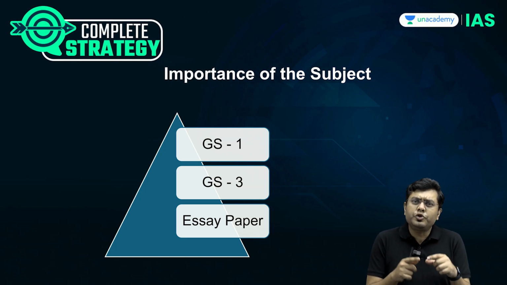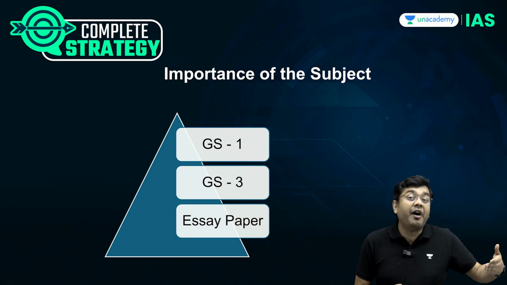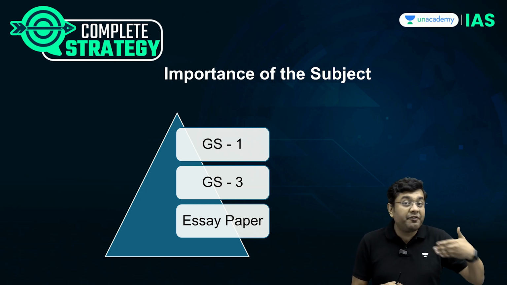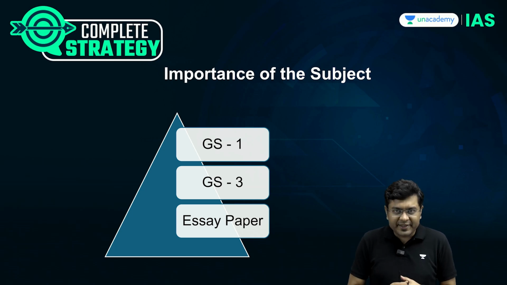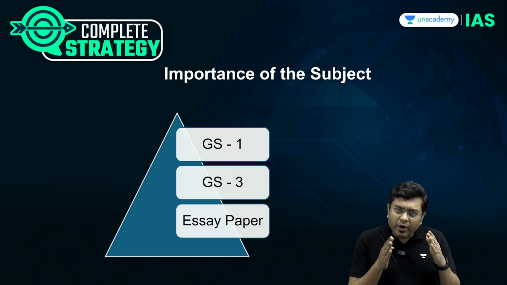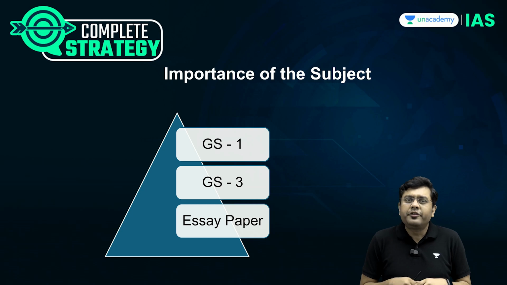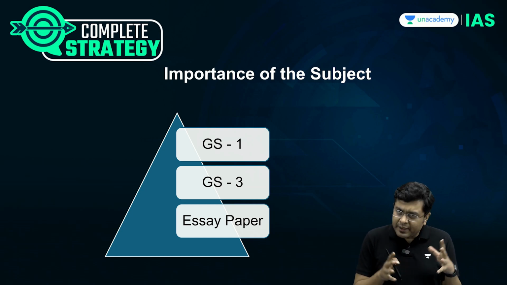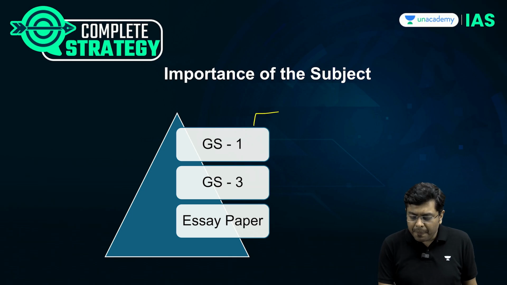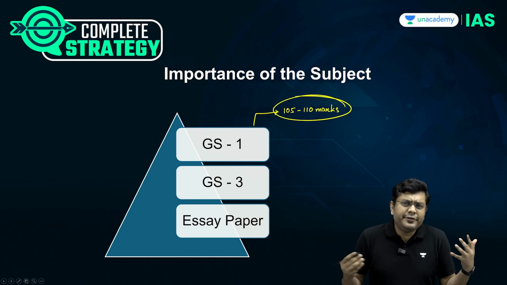But even when it comes to the mains examination, which is the final hurdle, which is the make or break, which decides whether you get into the merit list or whether you are preparing for the prelims exam next year as well, the relevance of the subject of geography spans beyond GS paper 1 itself. In the mains examination in GS paper 1, you get questions roughly for 105 to 110 marks directly from the subject of geography. And that is huge.